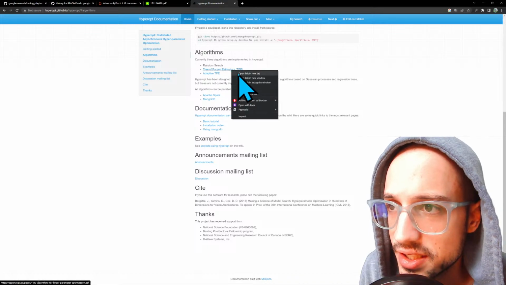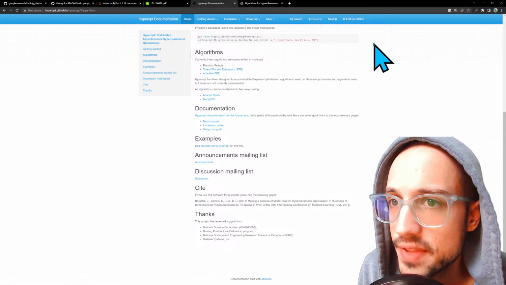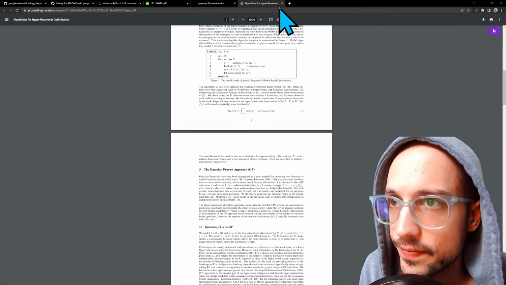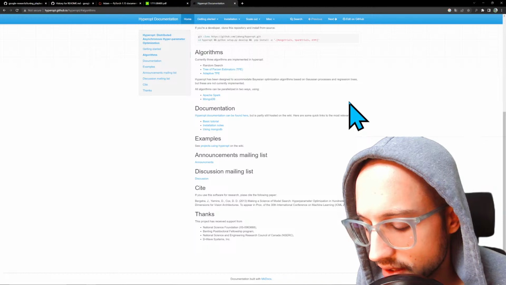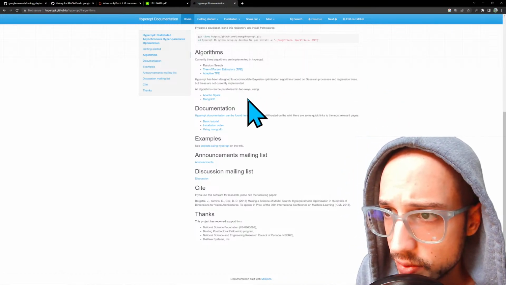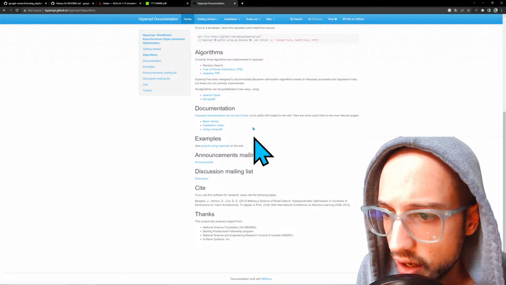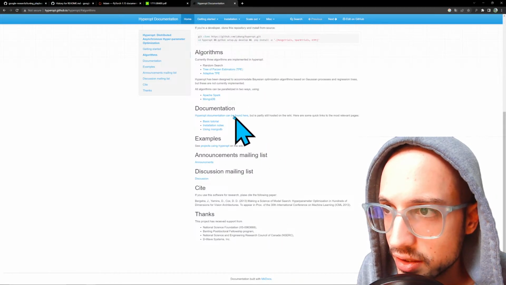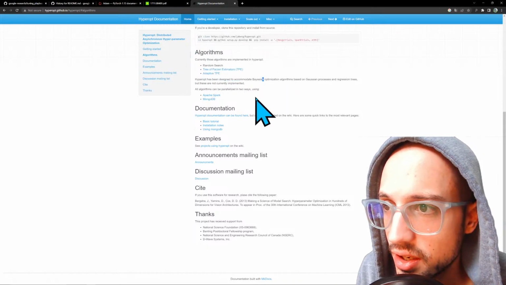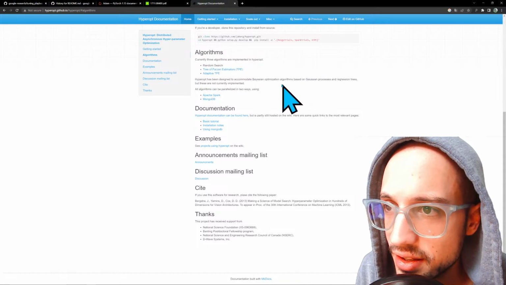You have TPE, basically different forms of statistical modeling within the hyperparameter space. There are also evolutionary-based hyperparameter searching algorithms, and I would say that the algorithms are there,